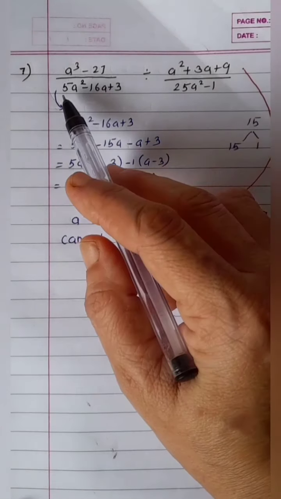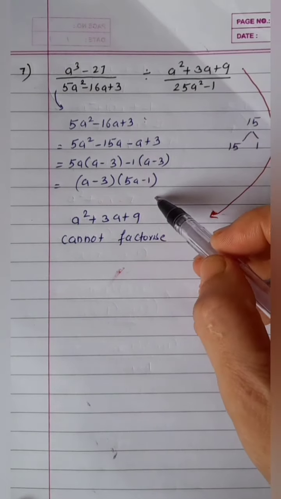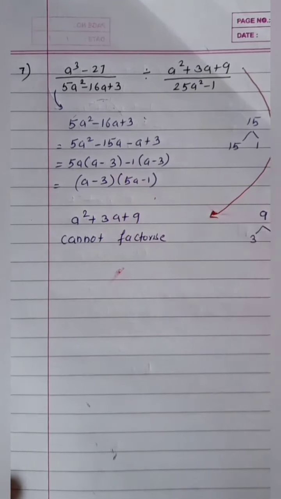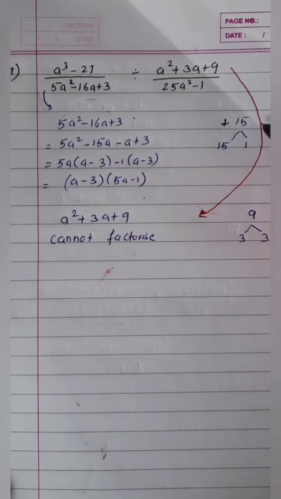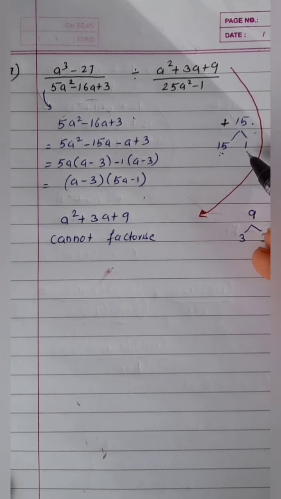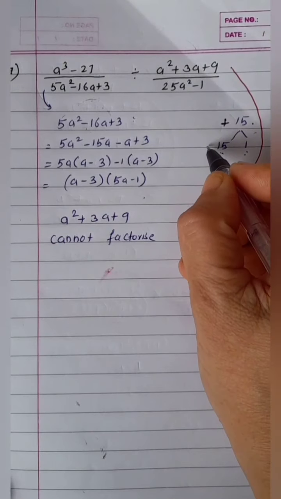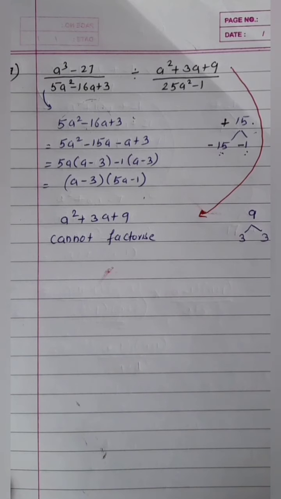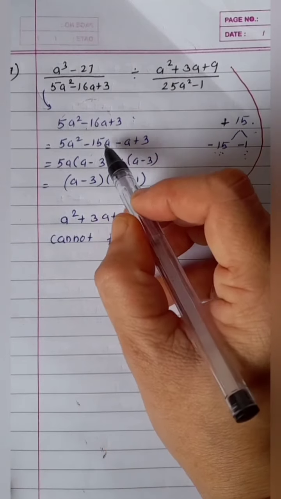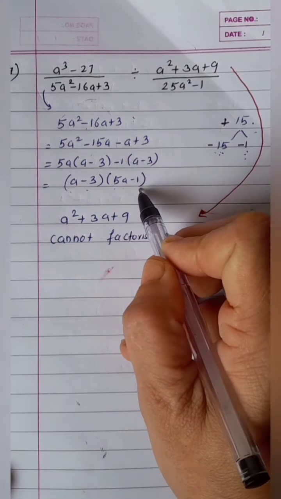Here if you see this algebraic expression, we can find the factors of this algebraic expression. When we solve this, we get this as 5 3s are 15. The product here we are getting as 15 plus 15. As you know, children, when the product is positive, we add the factors. So we have 15 plus 1, which is equal to 16. But since 16 is negative, we put minus sign for both the factors here. Negative, minus 15 and minus 1, which is coming minus 16. So we simplify it further and we get the factors as a minus 3 into bracket 5a minus 1.